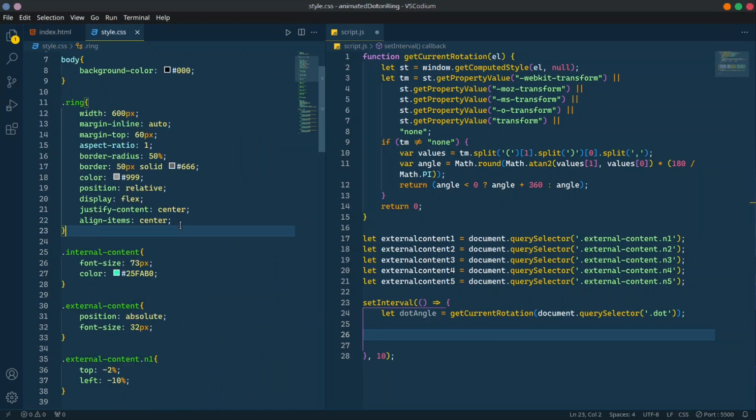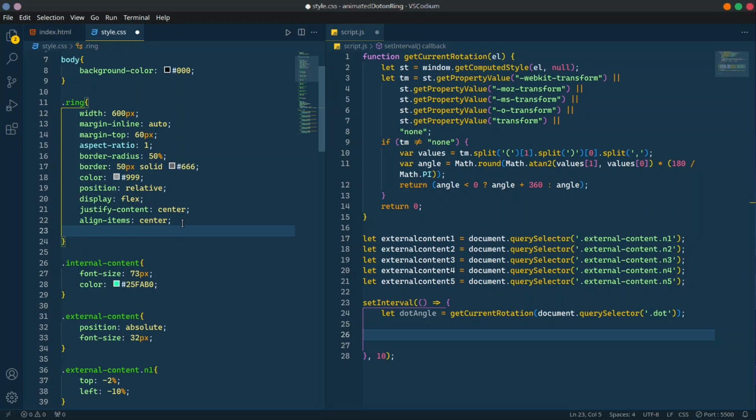Let's add a transition of 1.5 seconds to our external content. So when we add the class glowing to one of our external elements, they change their color gradually instead of instantly. So now let's define all the conditions on which the glowing class will be added to each one of these contents.